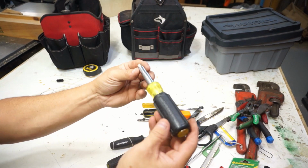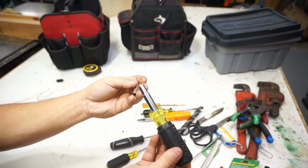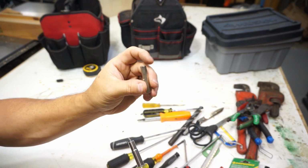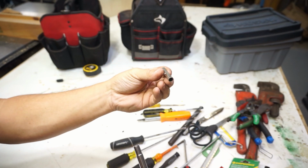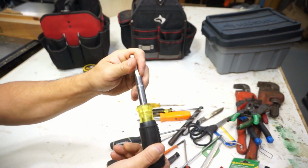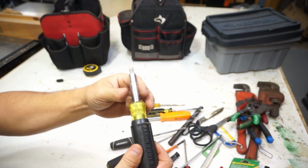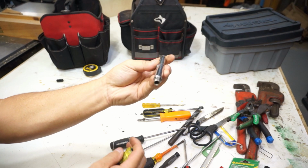And this is a nice one. This is a Klein 11-in-1 tool. This is one of their older ones. Basically, you can take little tips, stick it in here, and then they flip around. So this can actually hold more tips. And it's not going to go in very nicely. We'll fix that. So you flip it around here,